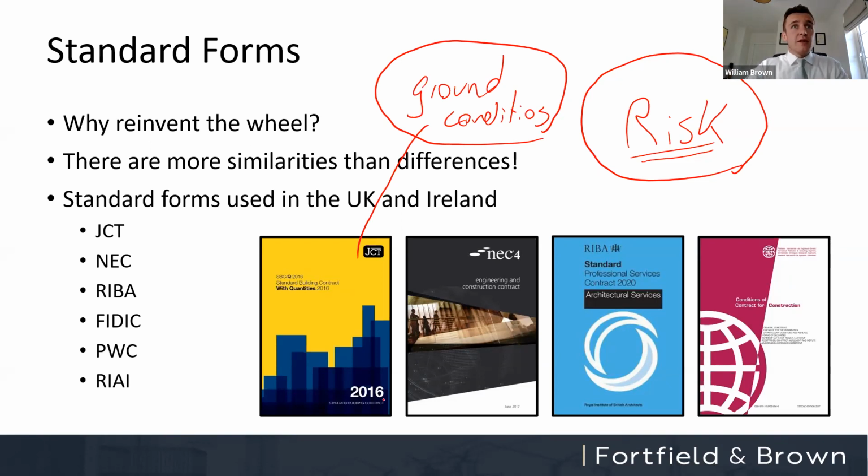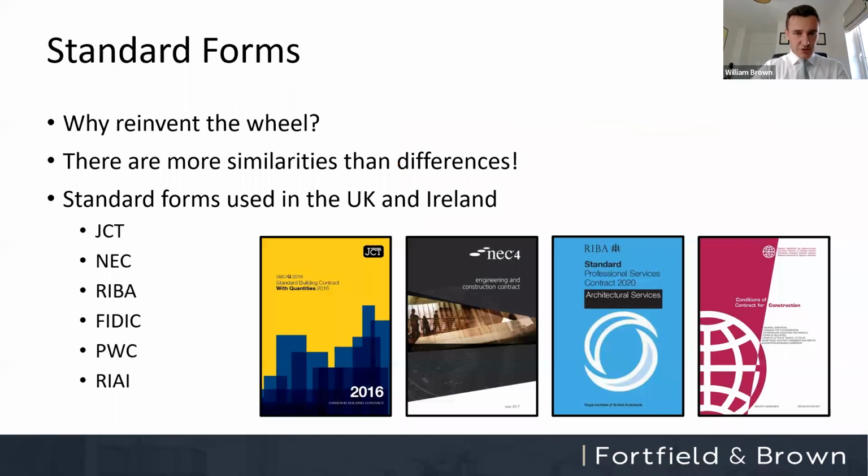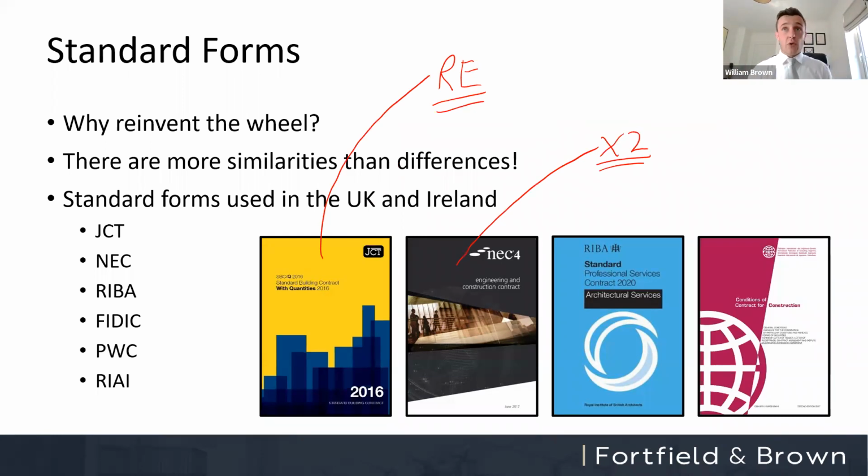Good. So again, good discussion there, folks. There's one more question from Thomas. How would government legislation like sanctions affect the contract? Again, depends on the contract that you're dealing with here. Under the JCT, government intervention is only a relevant event. It would only entitle you to time. Under the NEC, it depends what way you've got the option clauses set up. If you have option X2, that would transfer the risk to the employer. Otherwise, it lies with the contractor. So again, all of these points are illustrating the same thing, that these contracts deal with risks in subtly different ways. So making sure that you've read and understood them is obviously of paramount importance.